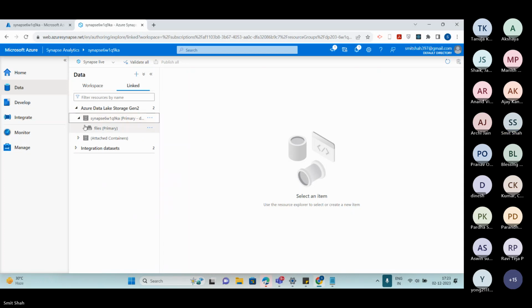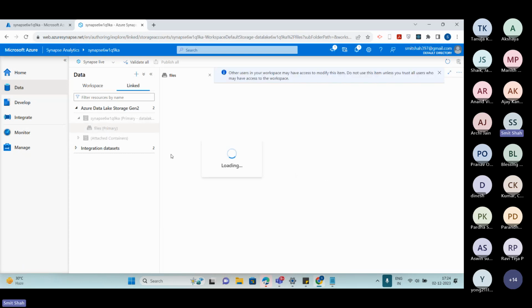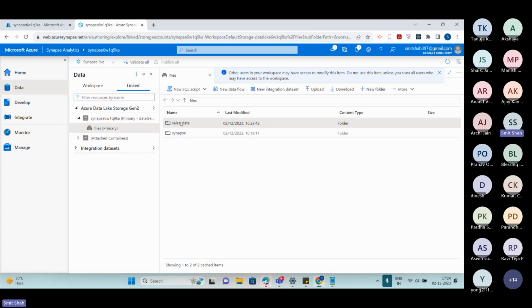And okay, here we see the file storage for our Synapse workspace. So we'll select file storage and hopefully we should have a folder over here. Yes, sales data folder, right? And here I should have a file called sales.csv. Yes, here I have it. So see from that